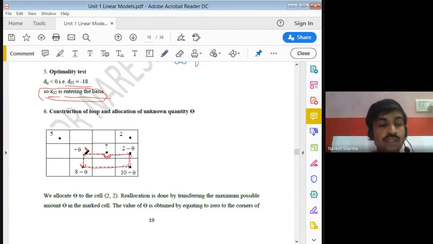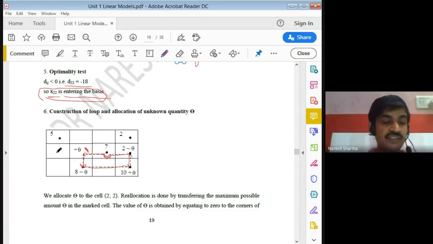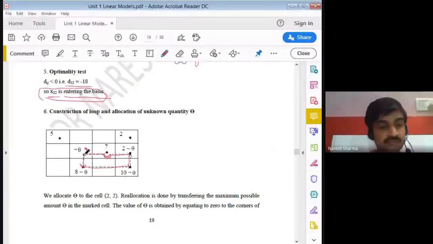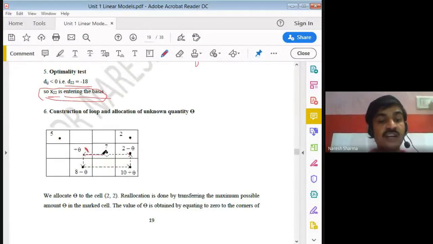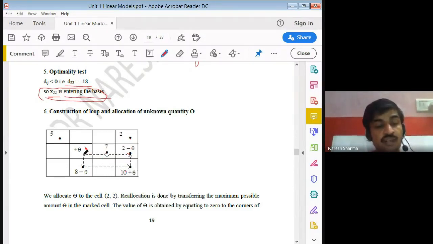You can go to the points only, the dot points which are already allocated here. If you want to go above, you can't go left, but you can go right side, no problem. But if you stop at 7, we have no left and right dot, so that's why we skip this 7. You can go right side, but don't stop at 7, because we have no other point to the left and right, or up or down to the 7. No point to this side, no point this side. So that's why we skip this 7 and go straight to this 2.